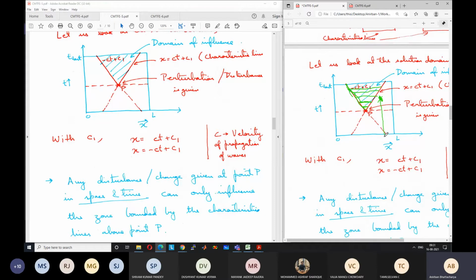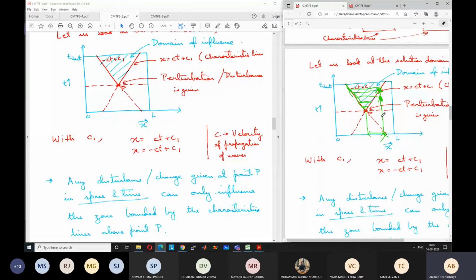So when can this point be influenced, physically, in that 1D medium? When the pressure wave has reached that point. So it will get influenced when the pressure wave has reached this point. So at a future time, this point will get influenced. But before that, this point cannot get influenced. So at this early time, this point cannot be influenced by any pressure fluctuation occurring at this point.